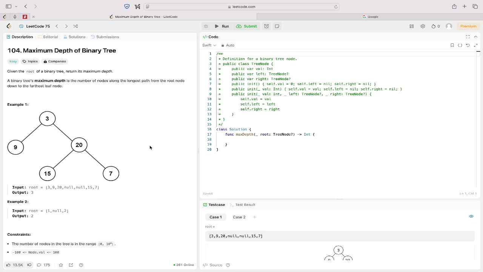If you're a beginner, find DFS a bit more. Return the number of levels in the trees and level reverse. Recursion is a god. So we can use recursion